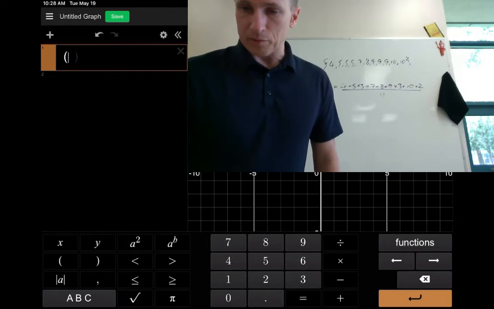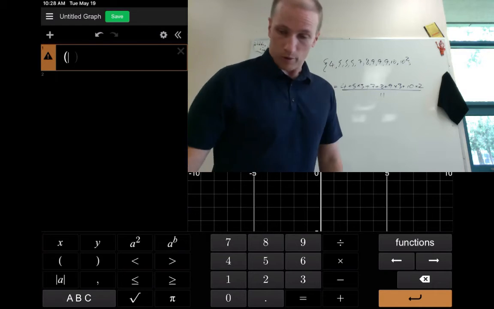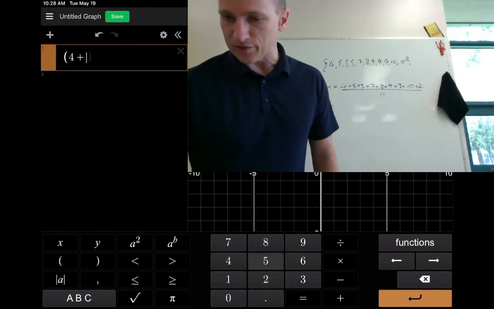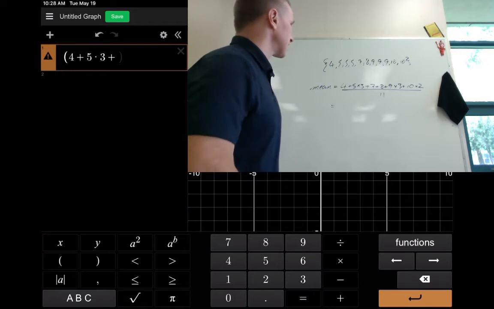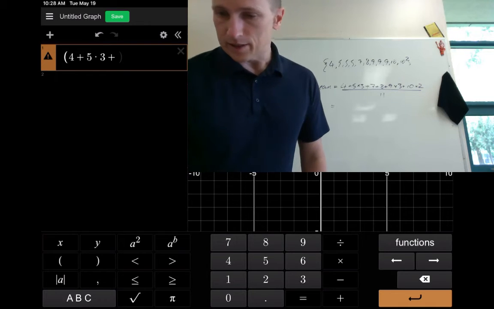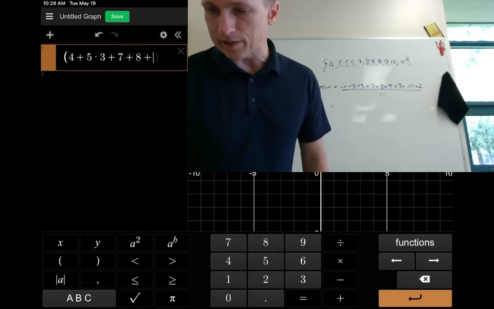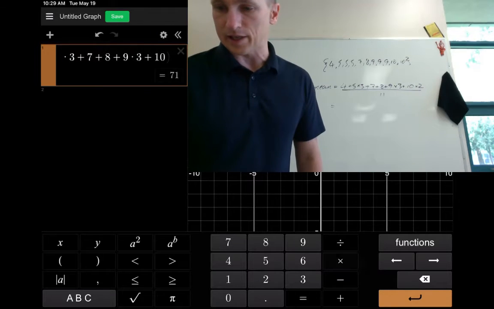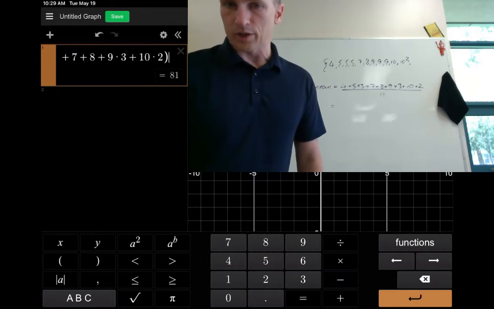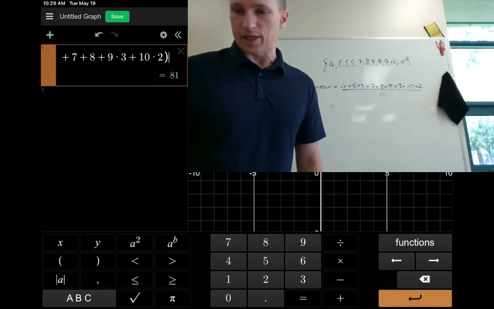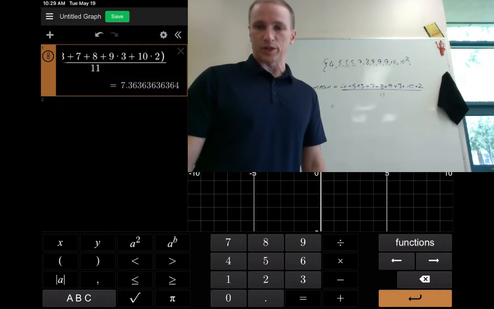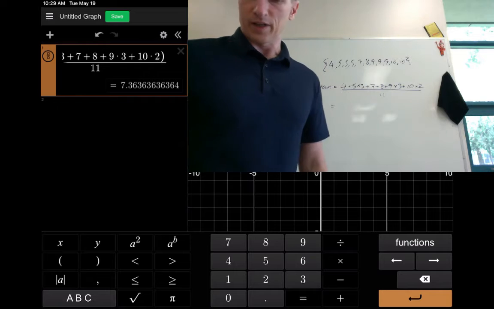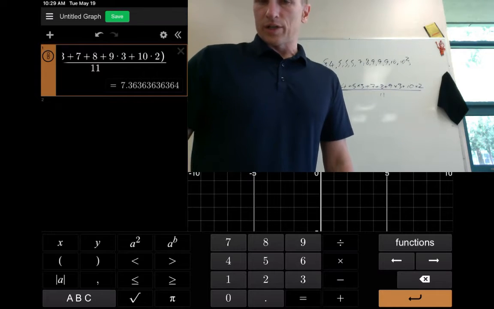So I'm going to put the numerator in brackets, and I'm going to go 4 plus 5 times 3 plus 7 plus 8 plus 9 times 3 plus 10 times 2. So I close the brackets around that, and then I divide by how many data there are, which there are 11. And so the answer is